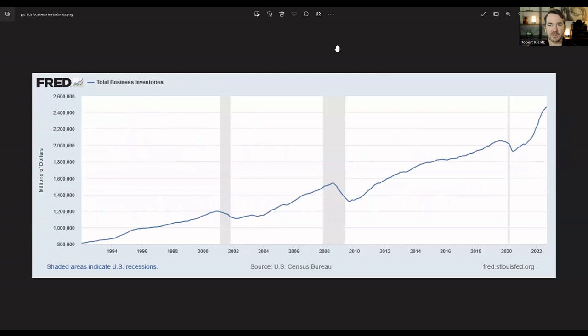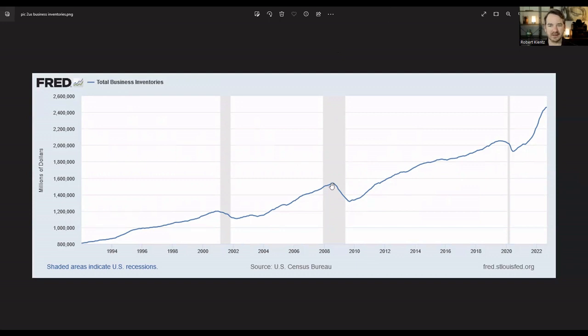Here is another chart from the Fed looking at total business inventories. And this is just the nominal value of inventory for business as a whole. Now, you would expect over time, as general inflation increases and prices increase, that the value of inventories would increase. And that doesn't necessarily reflect actually additional physical inventories. However, with the inflation rate being a steady 2% for a long time or under 2%, and just now reaching near double digits, not quite,